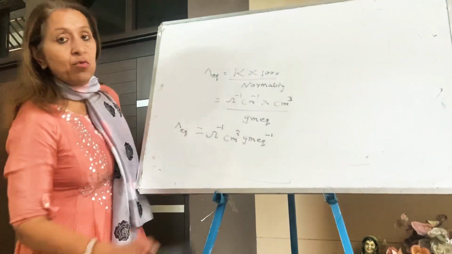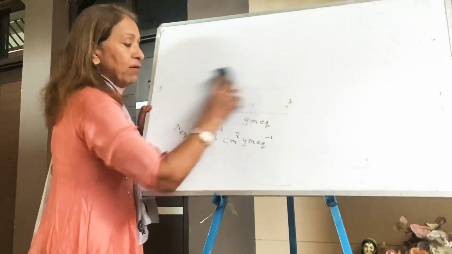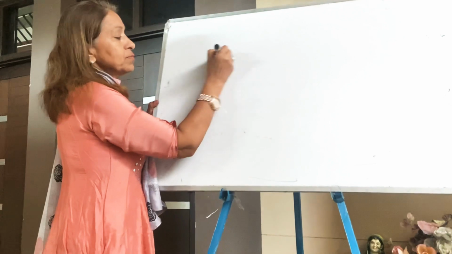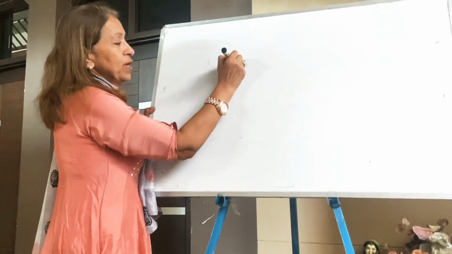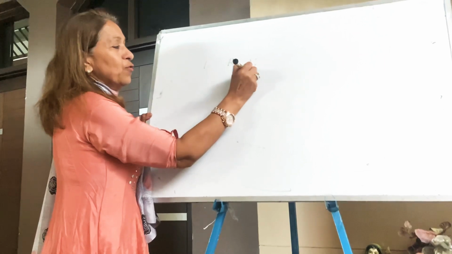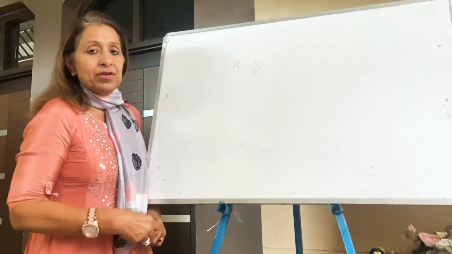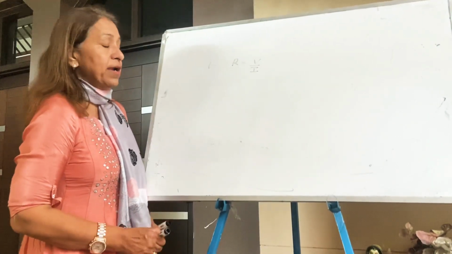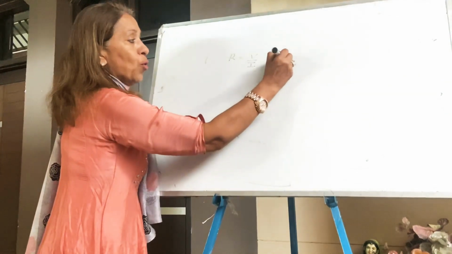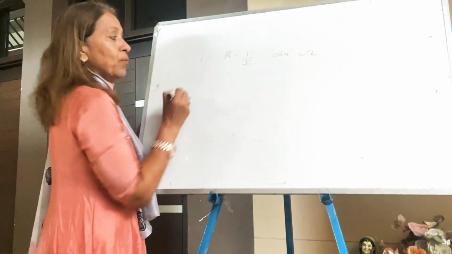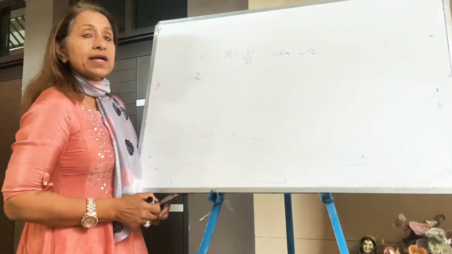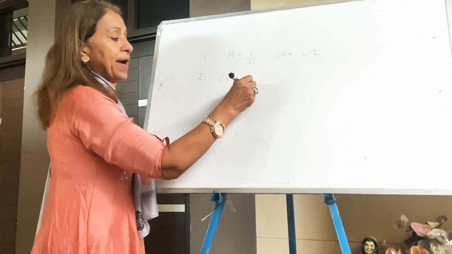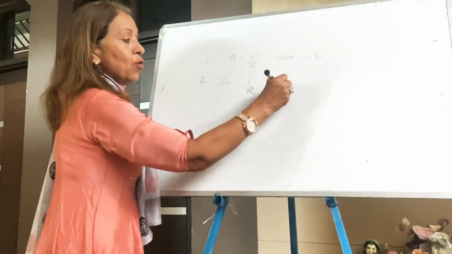So write all the formulas in a line now. What formulas will we use tomorrow for the numericals? Write the first formula: R is equal to V by I. Resistance is equal to V by I. Write down the unit along with it. The unit of resistance is ohm, because your half marks will get deducted if you do not write ohm. Second is your conductance. Conductance is G. Write down G is equal to 1 by R. It is per ohm.